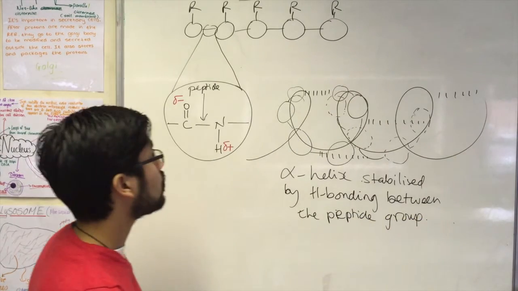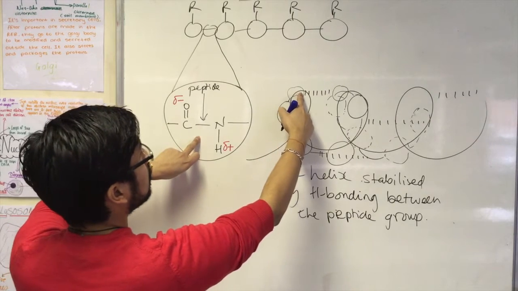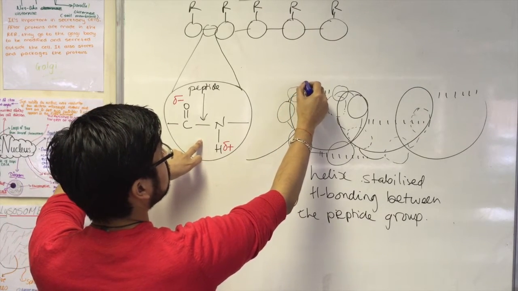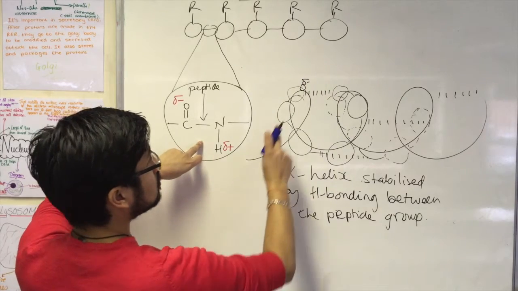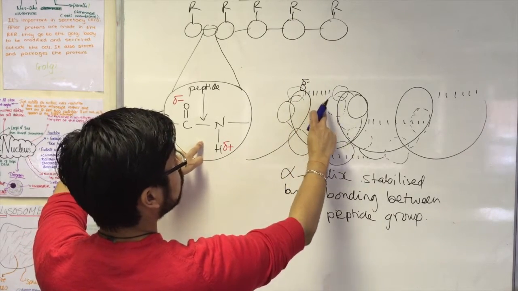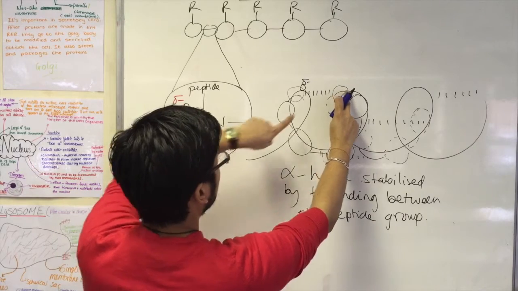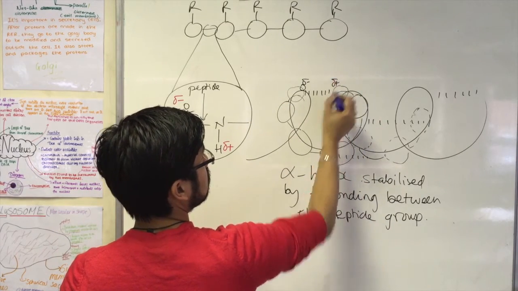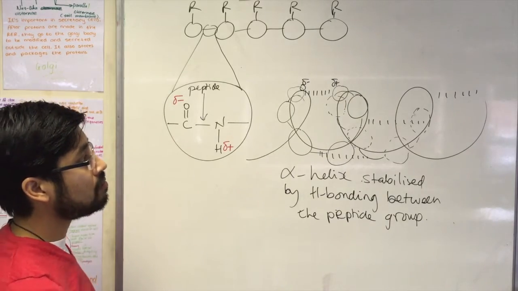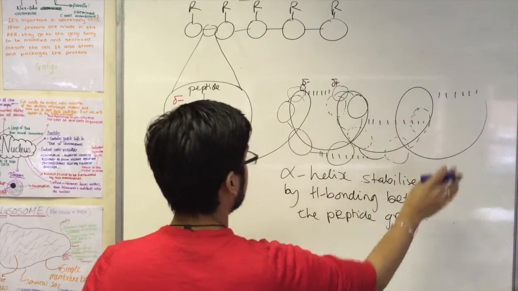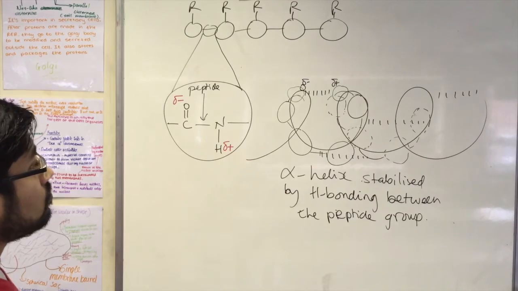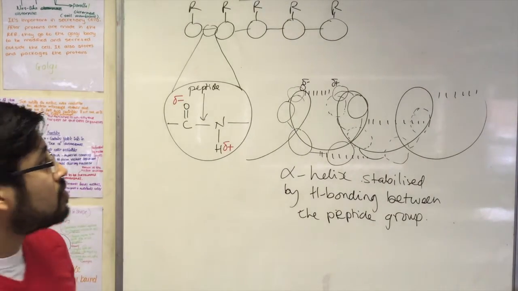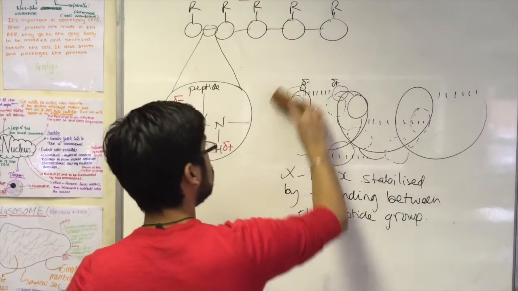group. Okay? So there will be maybe an oxygen here, an oxygen which has got a slight negative charge, hydrogen bonding with the hydrogen of a peptide group 4 amino acids down the line. Okay, and this repeats itself. Okay, forming a helical structure. Okay, so the hydrogen bonds can be formed in that way, or